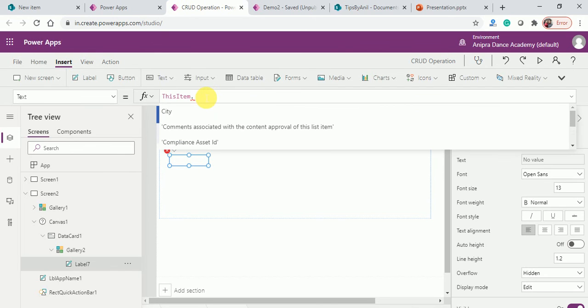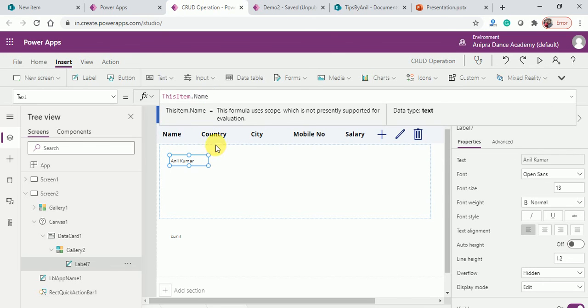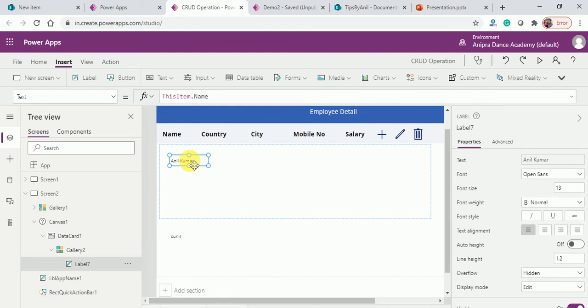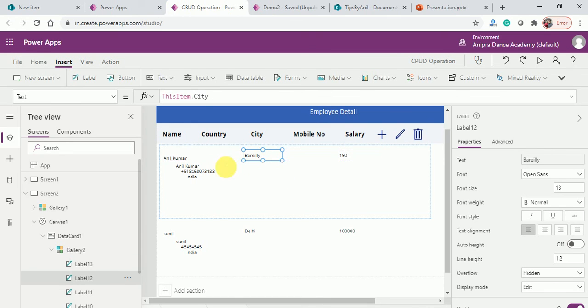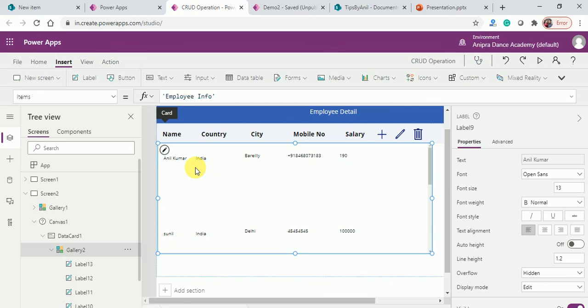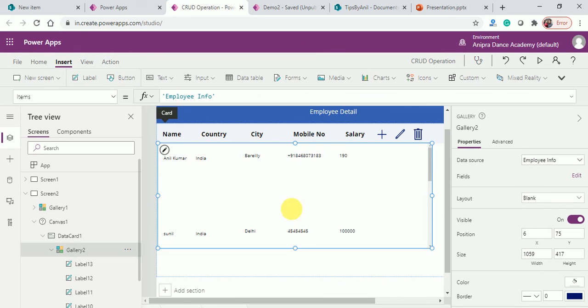So here I'll use the name, right? First one is name, this is the salary, this is the city, country, mobile number. Okay, so just